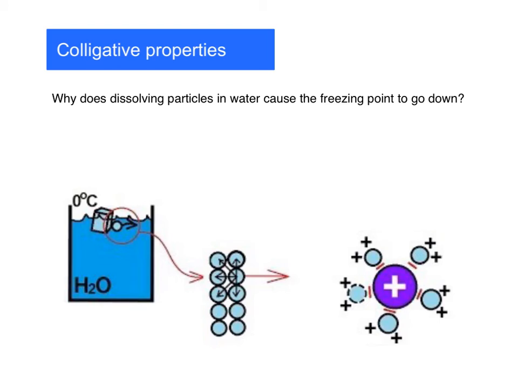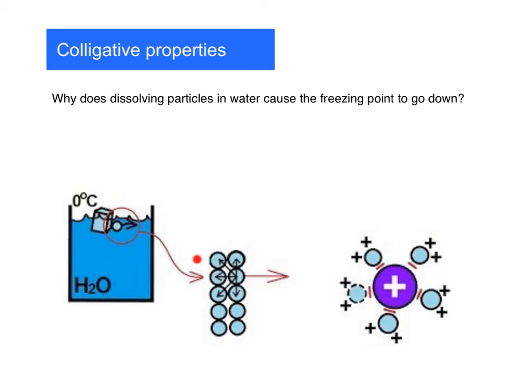Okay, so why does dissolving particles in water cause the freezing point to go down? So I mentioned that the freezing point changes when we dissolve something in water, but why is that? And it actually goes down, so the direction is important as well. And the reason is, so if we think about putting additional particles into our water,